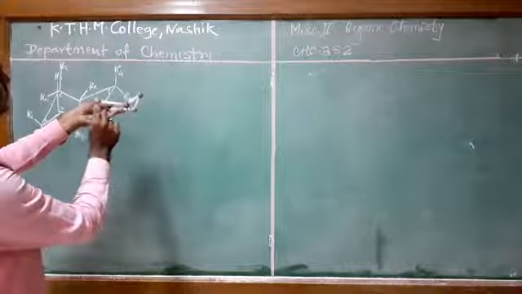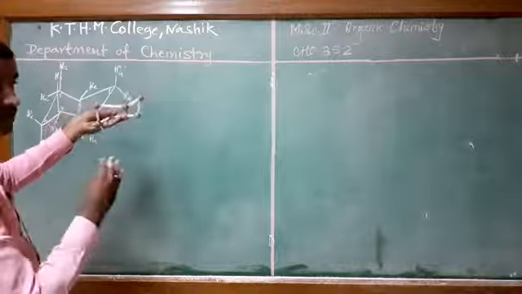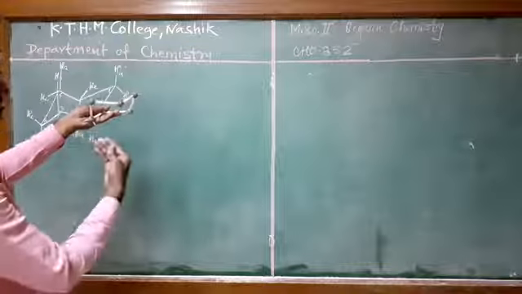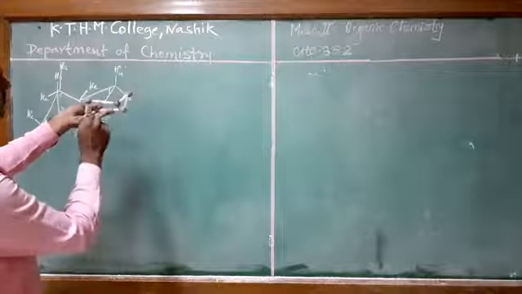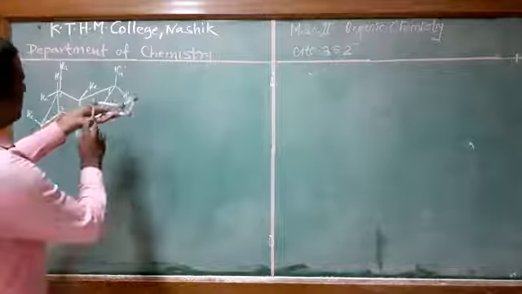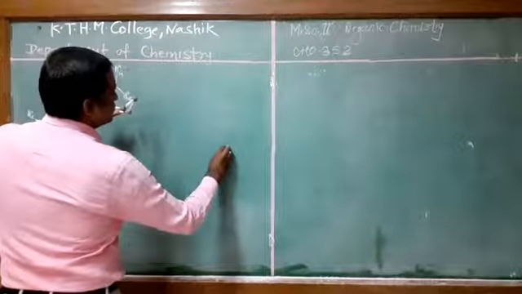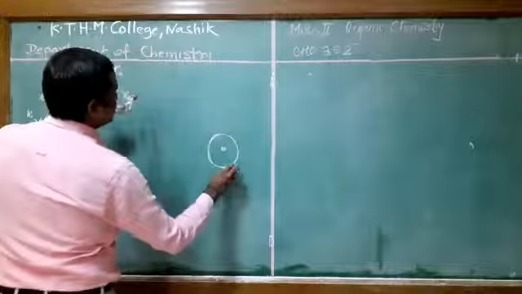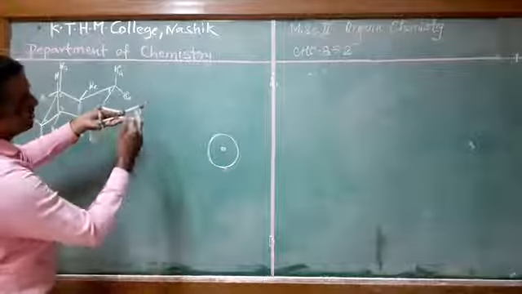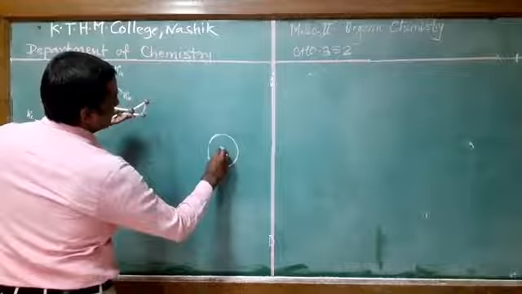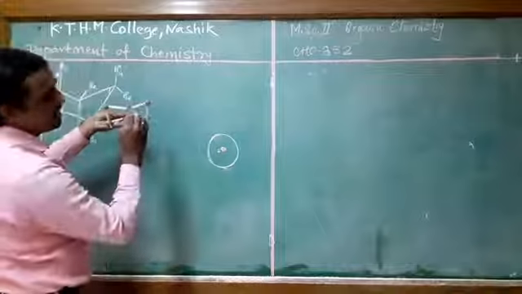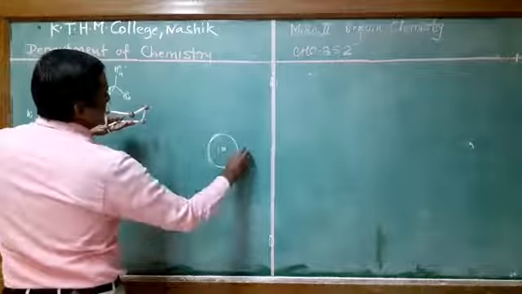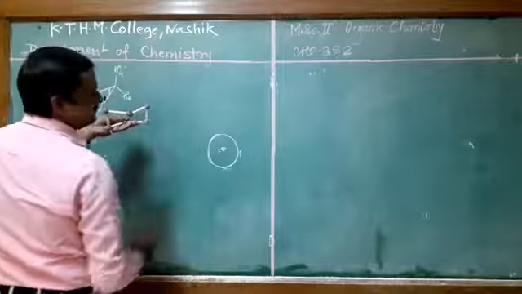Carbon number 2, carbon number 3 and carbon number 4 we can directly observe. We can say the front carbon atoms which we look at from the front side are carbon number 2, 3 and 4. So we consider carbon number 2 as a front carbon atom, shown as a dot, and its backside carbon, shown as a circle, is named carbon number 1.